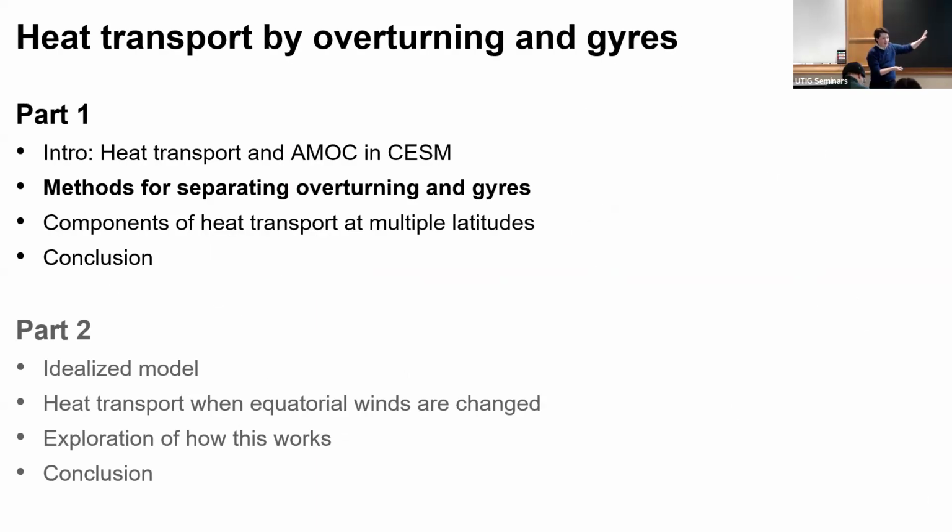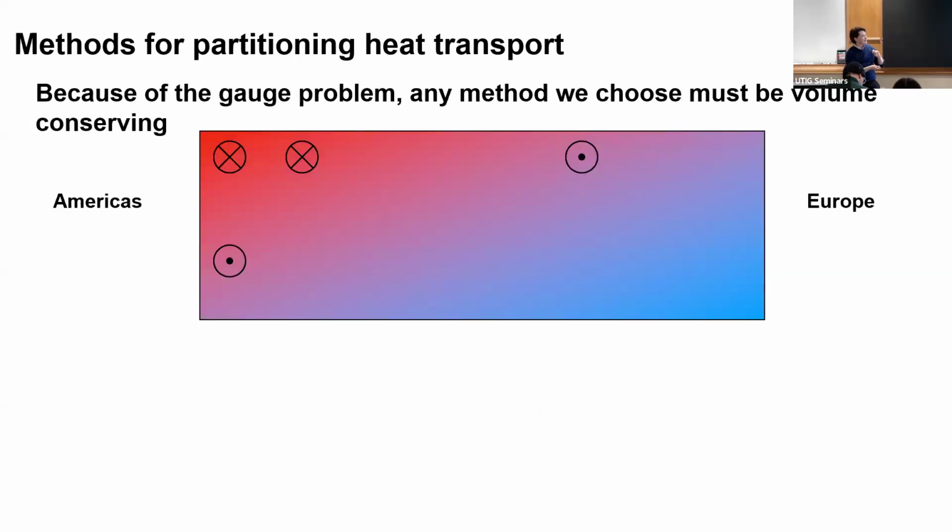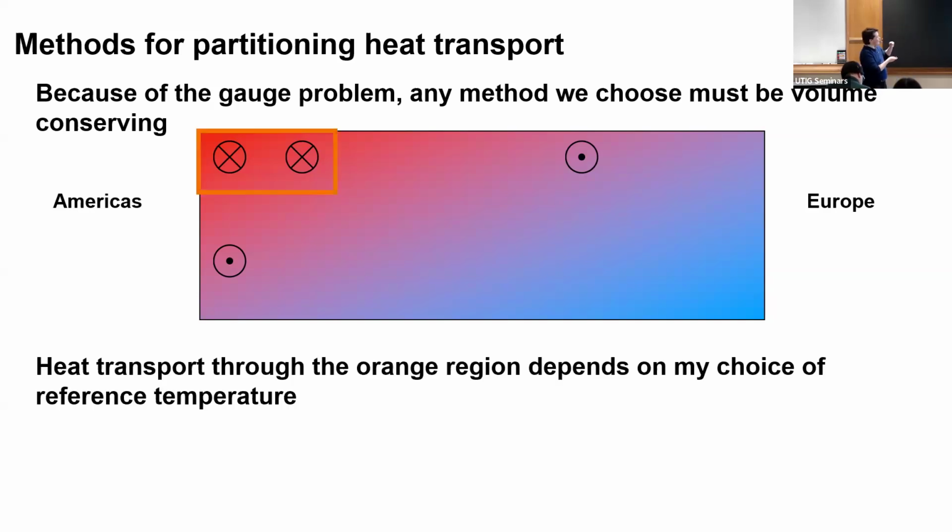Now I'm going to talk about some different methods for separating the overturning and the gyres. Again, just to orient you, because of this thing called the gauge problem, any method we choose has to separate the flow into some different zero components where if you integrate the volume, you get 0. So an example of that would be if we just look at the heat transport through this orange region, which means into the page. So we have northward transport through this orange region, and heat transport through that region will depend on your choice